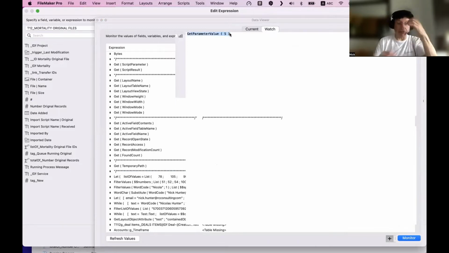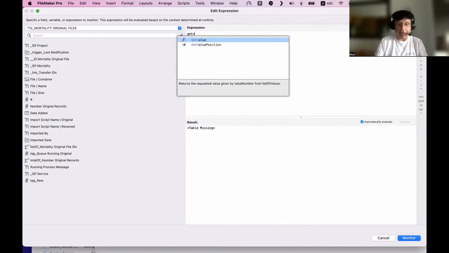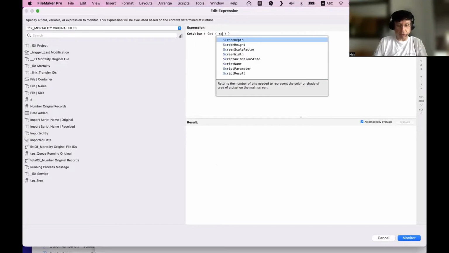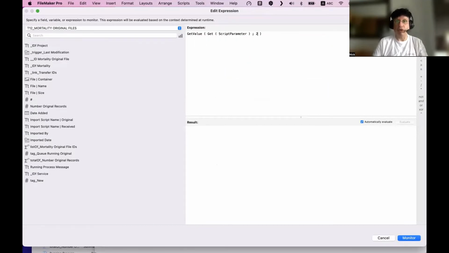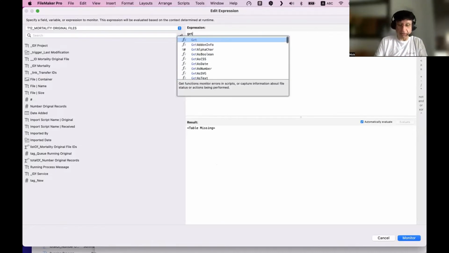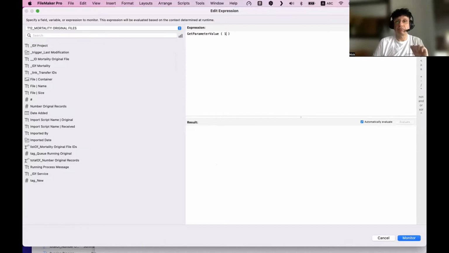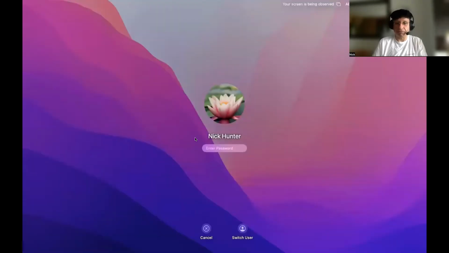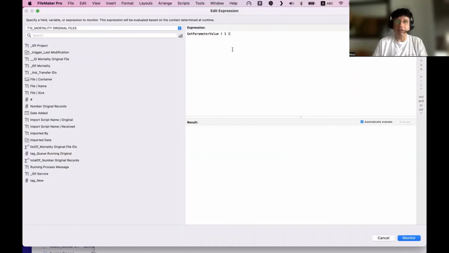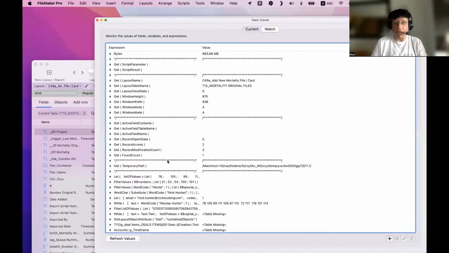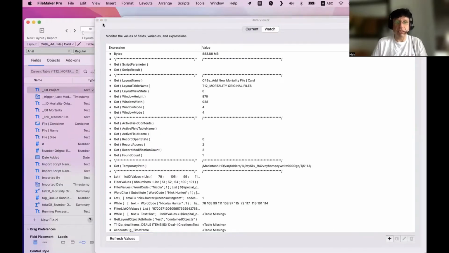Instead of saying get value, get script parameter value 1, instead of doing this, I have my own custom function, get parameter value. Okay. So that is why I'm using this here.